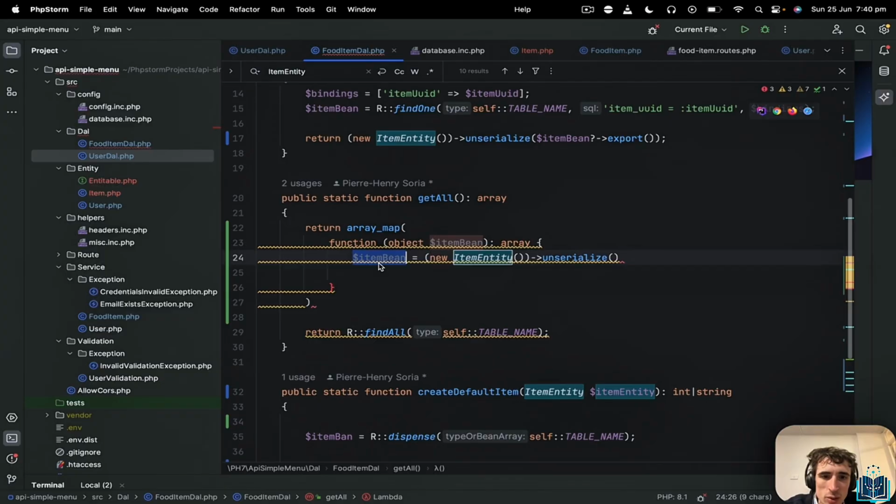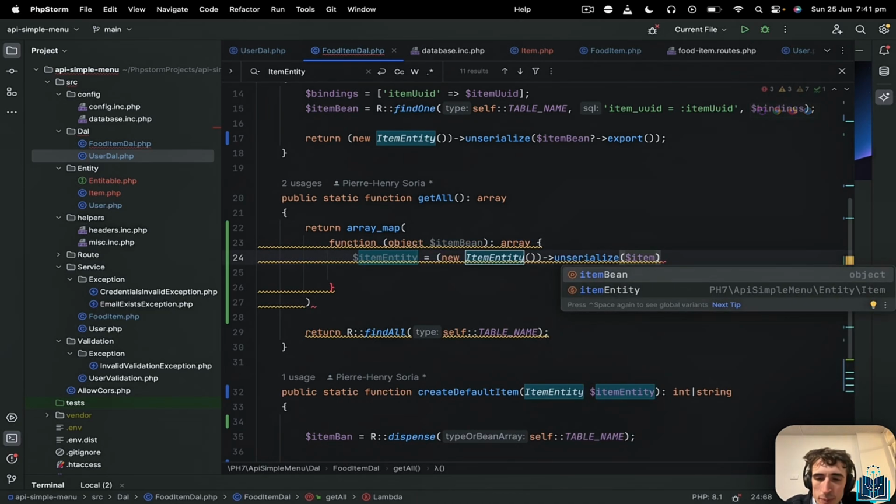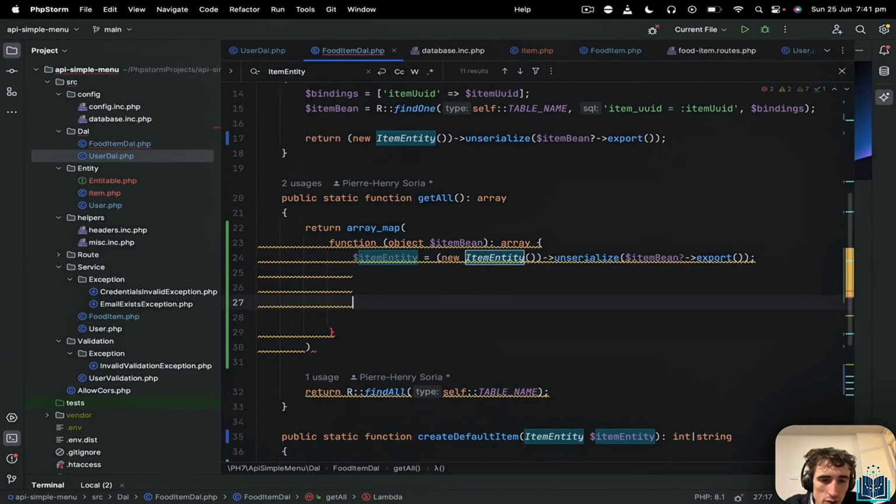So here it has to be actually item entity, like this, and here it will be item bin, that's what we receive anyway, item bin. It's like a loop, you know, and then we do, eventually it might return null if nothing has been found, export, and then export like that, and then finally